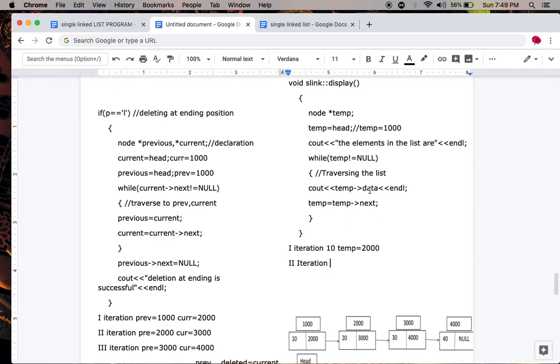So it prints the data field of the temp node. 2000 is the temp node and 20 is the data field. Therefore it prints 20. Now temp next is the temp node. 2000 is the temp node, temp next is 3000. Now 3000 is the temp node. Now again check the condition. 3000 is not equal to null. Therefore the condition is satisfied. It again goes into the loop, and in the third iteration,